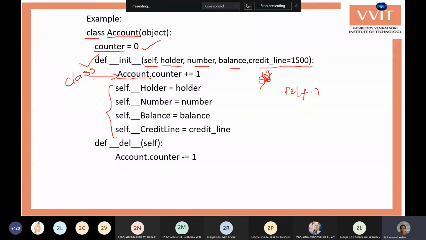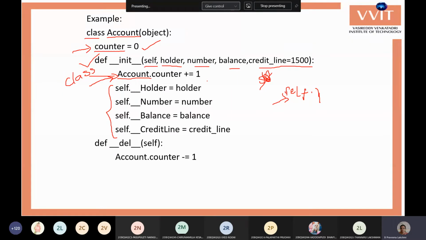Okay, then this becomes the instance. If you are accessing the same variable with the class name, then it becomes the class variable. Don't be confused, just have a clear idea: if a variable is declared at the class level and is accessed using a class name, then that is a class variable. It cannot be accessed by the object, it is accessed only by the class name.